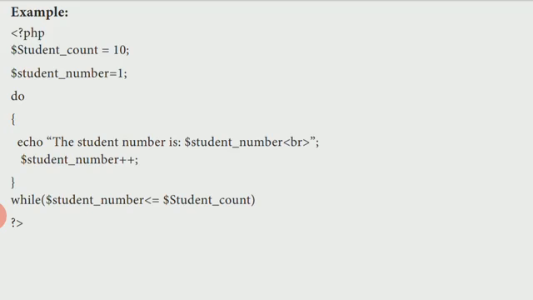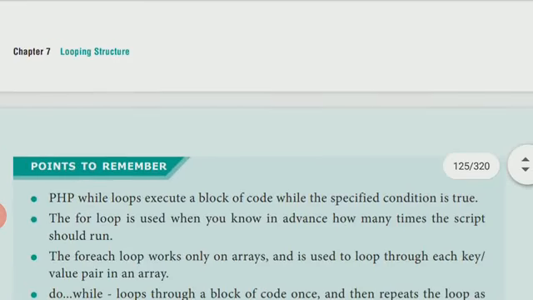Here I think you got it. What we did here: earlier we used the condition at the start of the loop, but here we used it at the end of the loop. So the answer will change. That is, if a while loop executes 10 times, the do while loop will execute 11 times. Even when the condition becomes false, it will execute one more time, because only at the last does it check the condition.